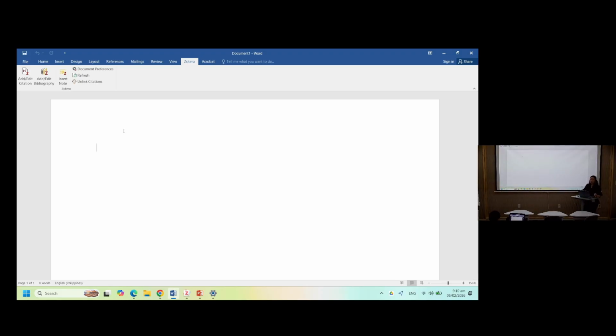Which one, ate? Word plugin. It's not available in this Word document. Later. When you installed Zotero, did you restart your machine?